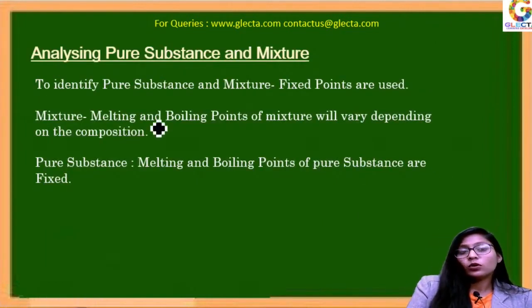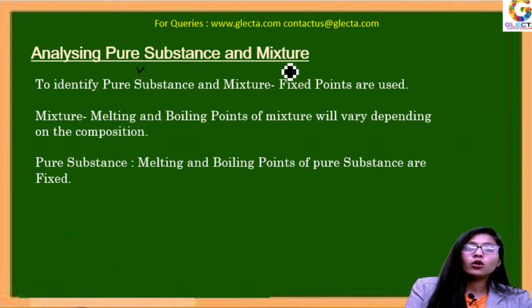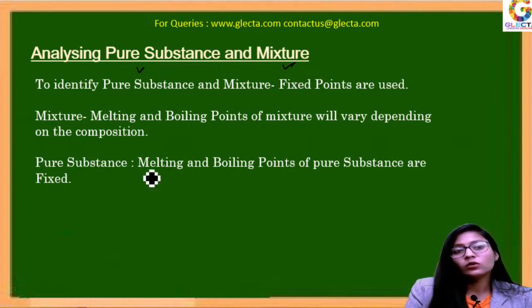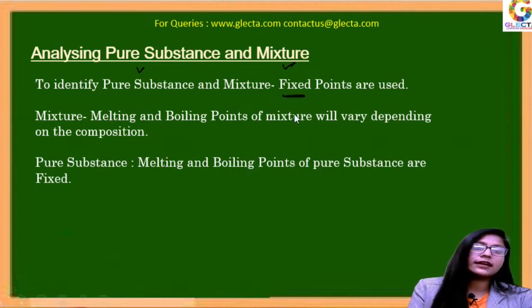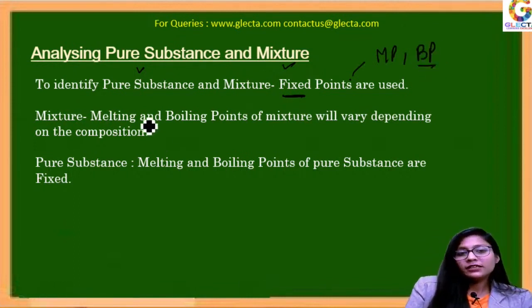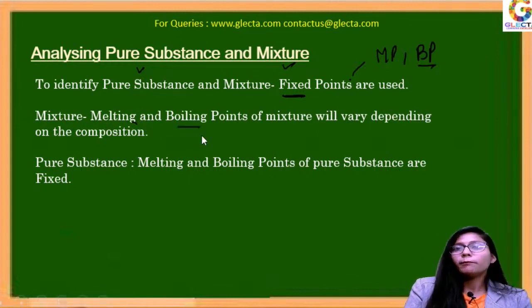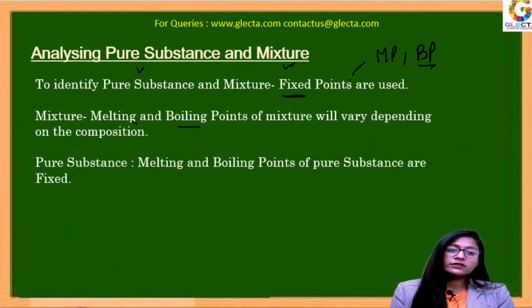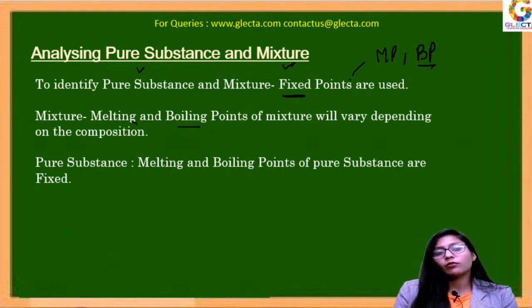Okay, now let's discuss how to analyze whether a substance is pure in nature or a mixture. For that, we have to find out its fixed points, that is, the melting point and the boiling point. For a mixture, the melting point and the boiling point will vary depending on the composition. But for a pure substance, the melting point and the boiling point are always fixed. For example,